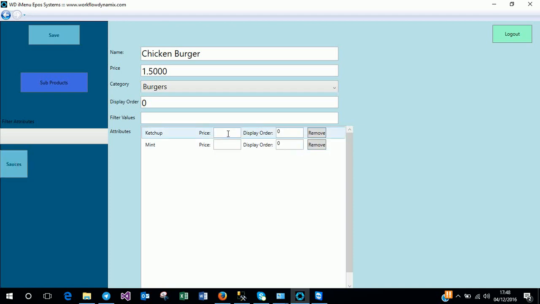If a price needs to be attached to any attribute, you can add it here. But you only add the price if this is what you've been instructed to do. Don't just add prices to attributes as we've had in the past. So now they've been added, we save,